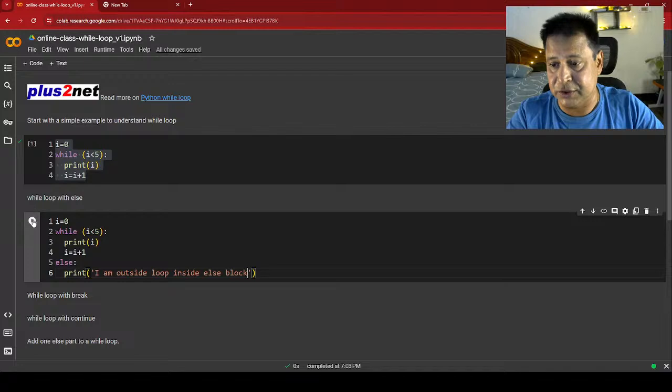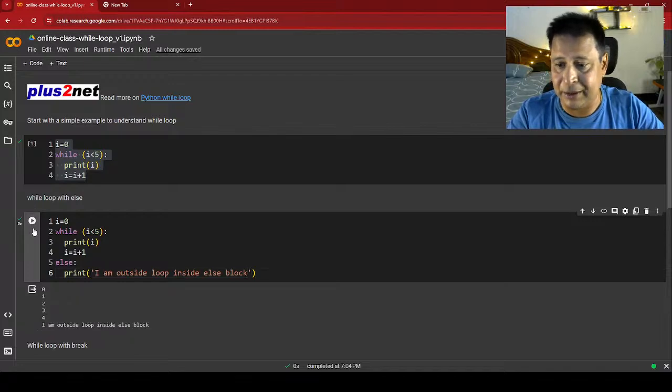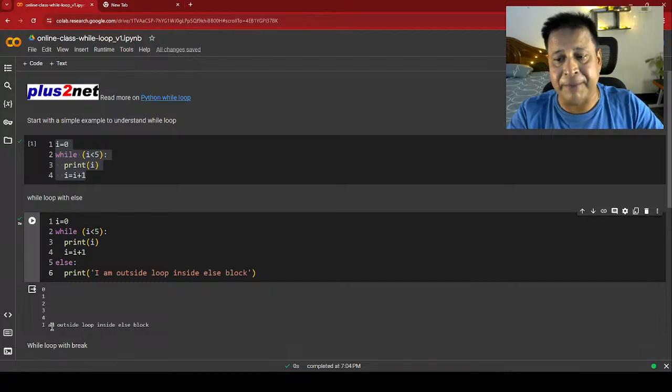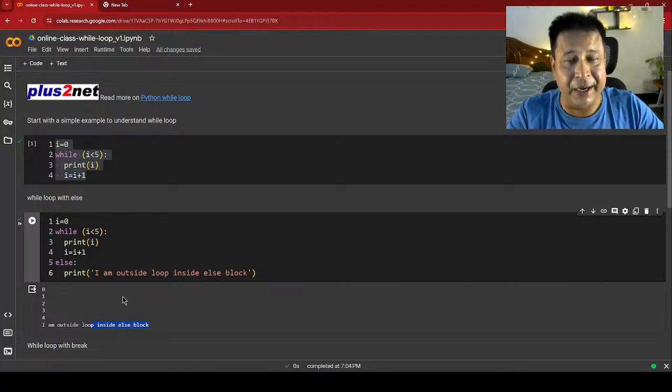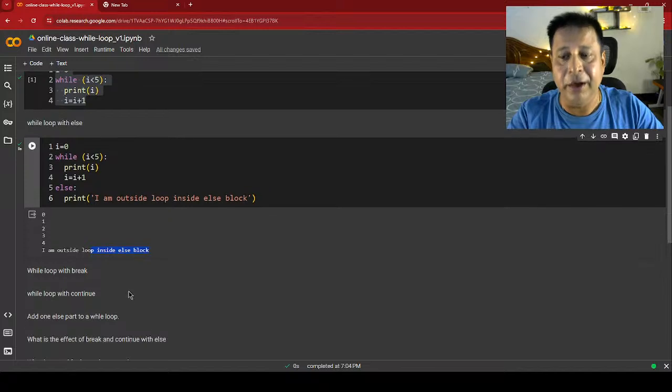Let me run this and see. See, it is still printing, because the loop continues till 4, and at the 5th it comes out and prints outside the loop, inside the else block. So the else block is executed once the while loop is completed, but it is a part of the while loop. Then why couldn't I have written a print directly outside once the loop is done? No, there is a reason behind that. We will understand shortly with break and